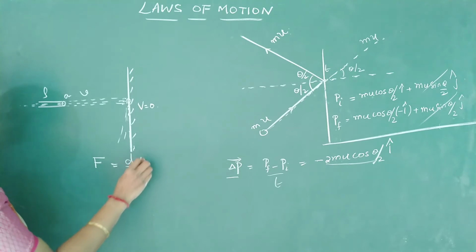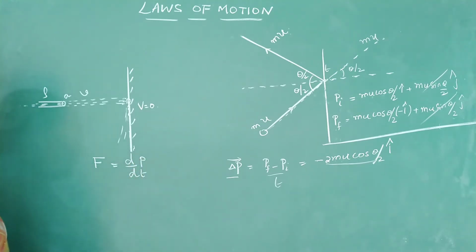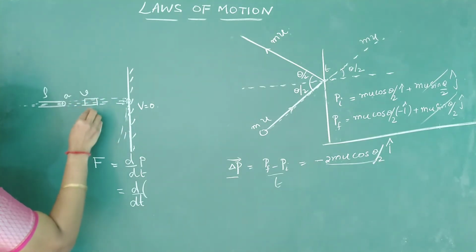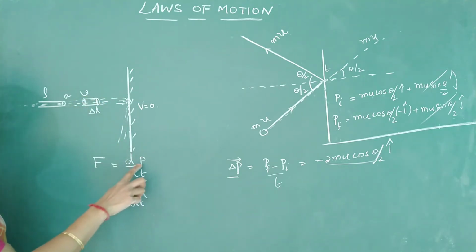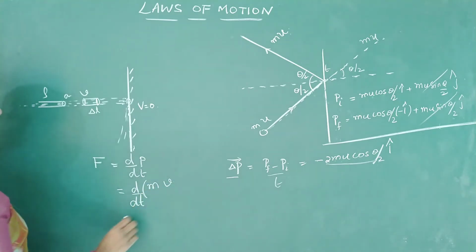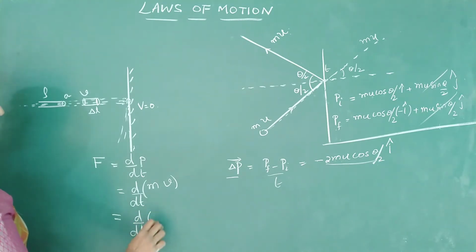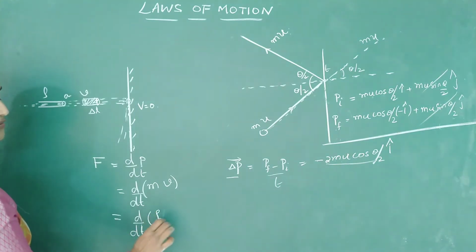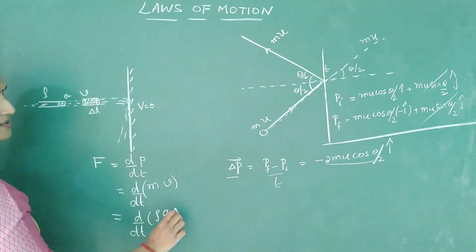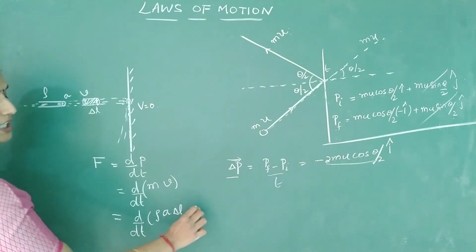We know force is rate of change of momentum, dp by dt. I will write it as d by dt of momentum, which is mass into velocity. We know the speed with which this jet of water is coming out. Take a small volume whose length is L. Area of cross section of this is small a. I will write momentum as mass into velocity, that is d by dt of. Can I write mass as density into volume of this small portion? How to write the volume? Area of cross section into displacement delta L into v.